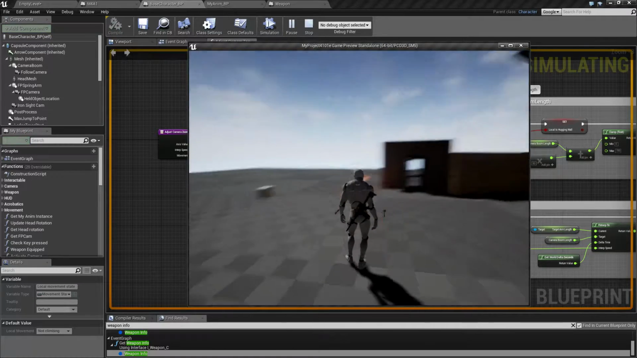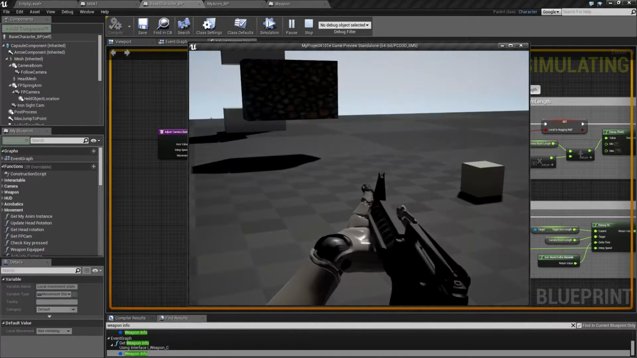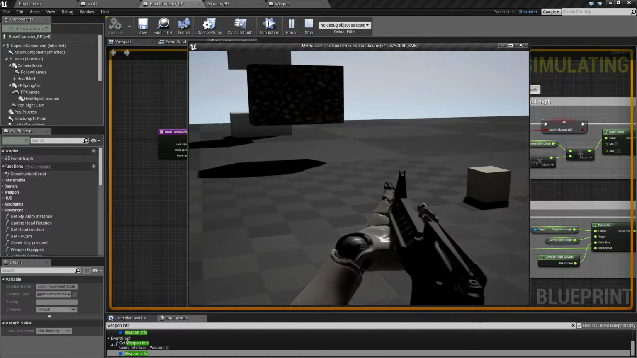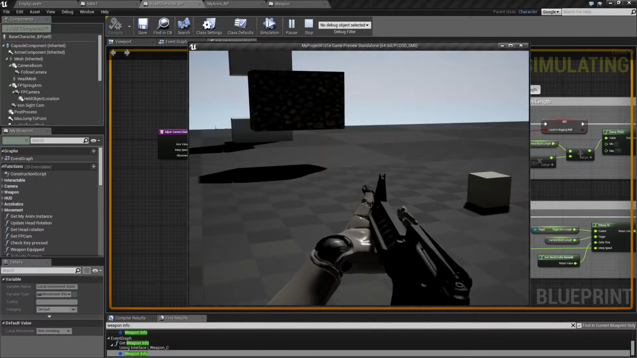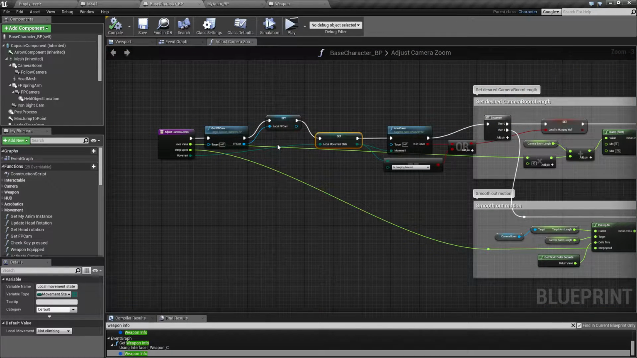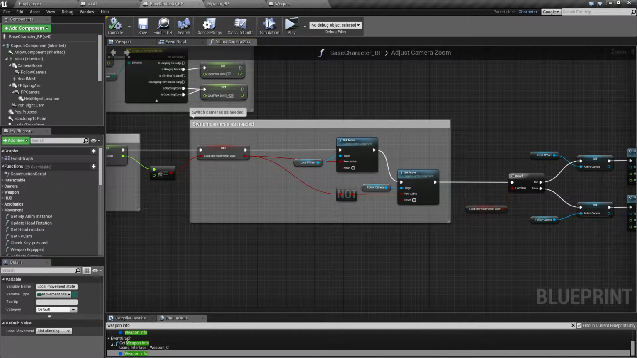Let's see, when we play now, we can go into first person, and when we equip the weapon and right click, he just zooms like normal. So all my previous functionality is gone. So that's kind of bad. So we want to change something, and first of all,